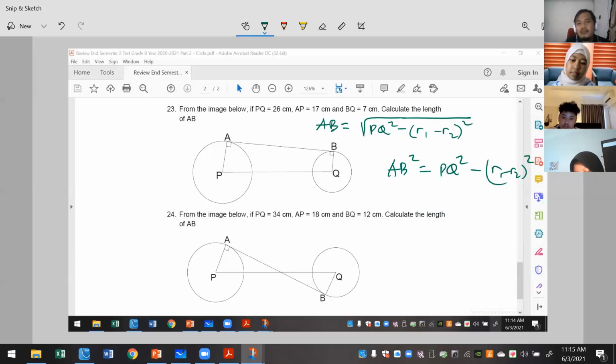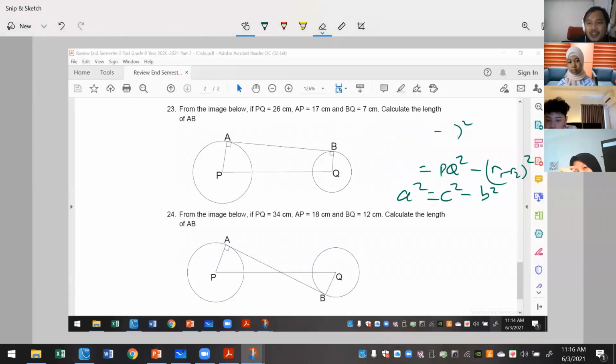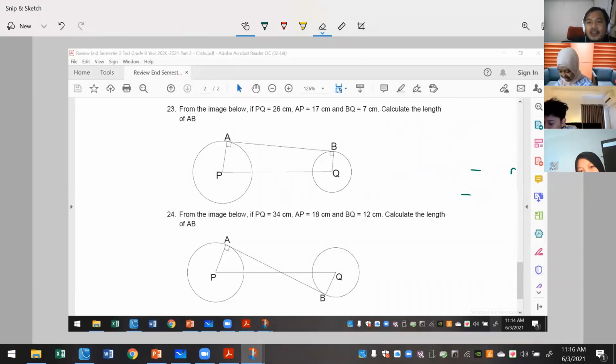Right. It's very similar to a Pythagoras formula, right? As in a squared equals c squared minus b squared. So it's actually very similar. Why? Because it is actually a right angle triangle. So I'm going to show you where the right angle triangle is. Okay, so here we go. If you see it in here,